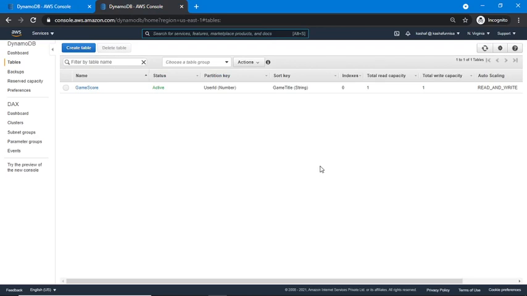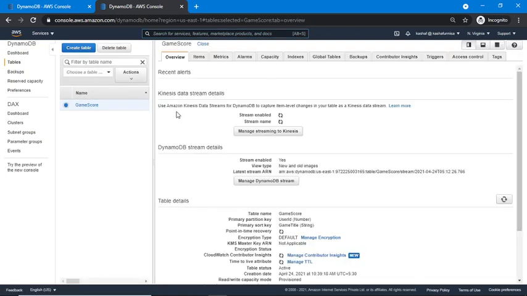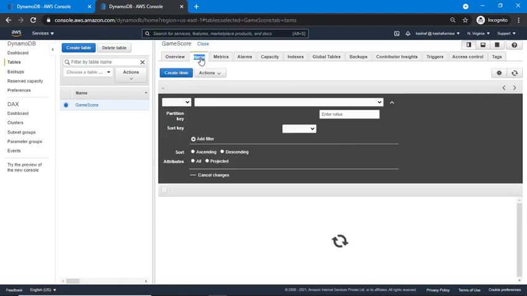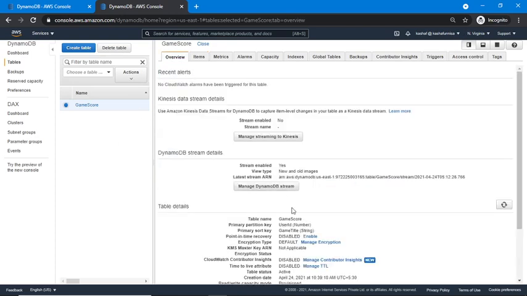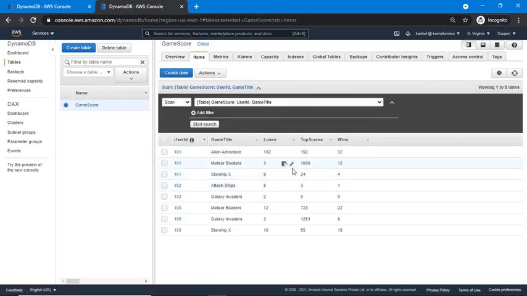So when I created the global table, this game score table was automatically created in the North Virginia region by DynamoDB itself. And when you click on this, you can see all the items are also replicated. All existing items are also replicated in this region. So I have here in another region the same table name and same table schema also. You can see the table schema is the same and the number of items is also the same.